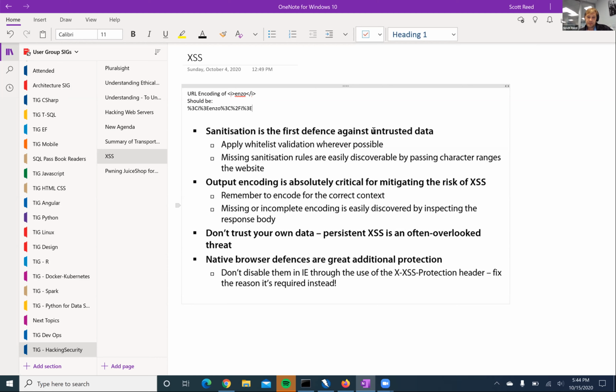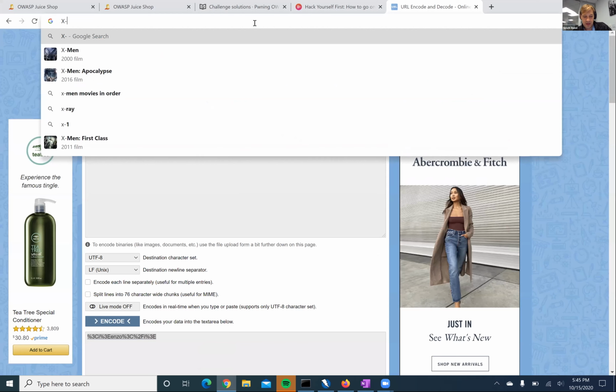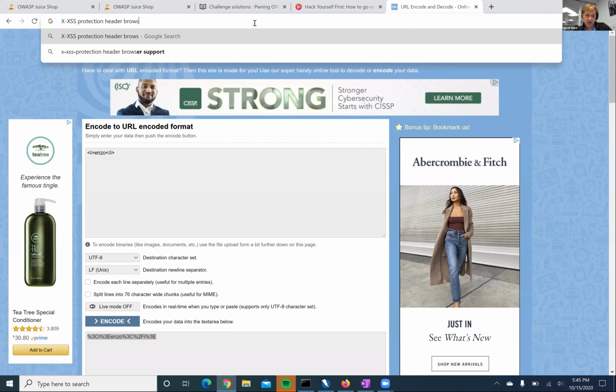So there's another browser-based protection mechanism. Okay, maybe this is the one I was thinking of. That was IE only. So maybe this one, let me check, XSS protection header.